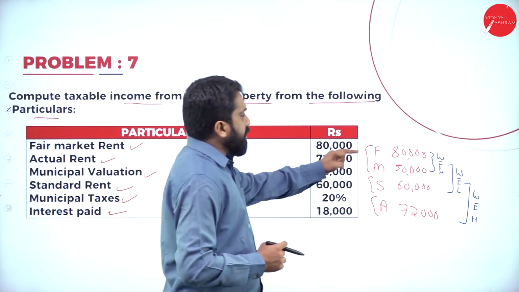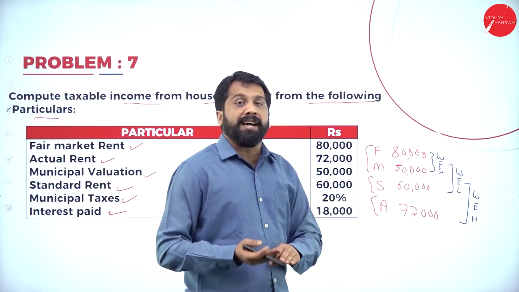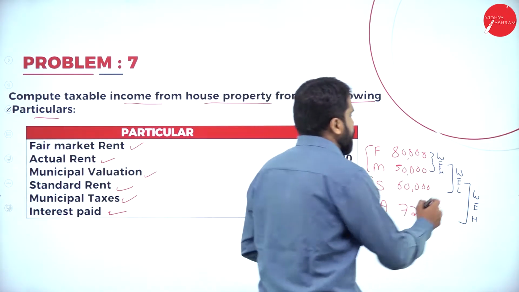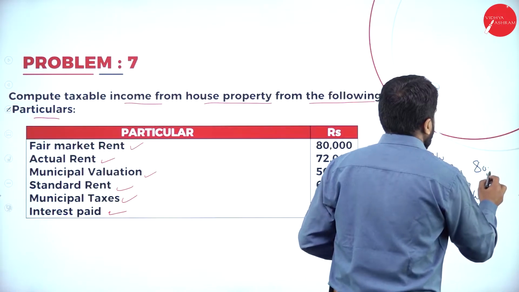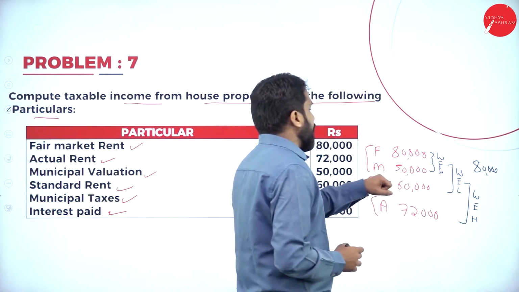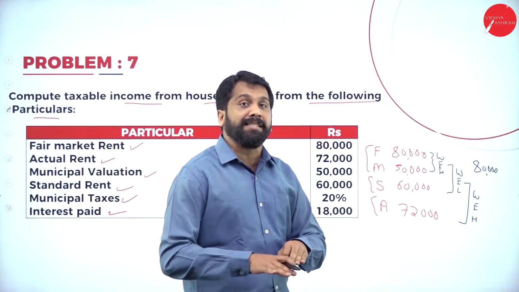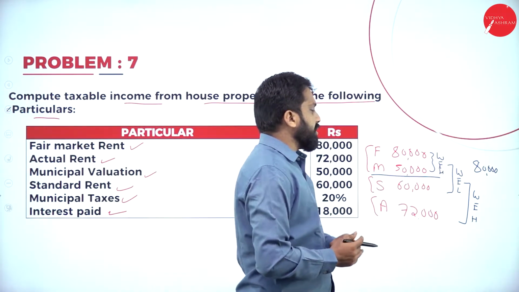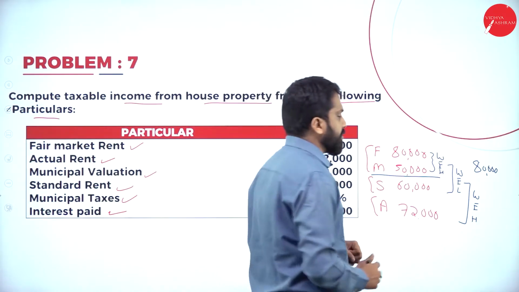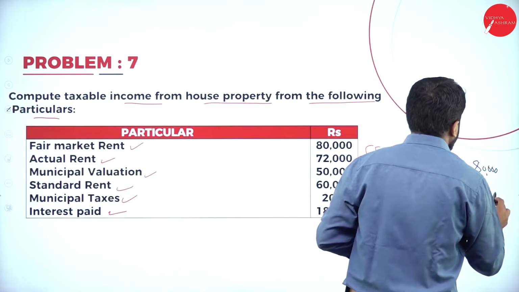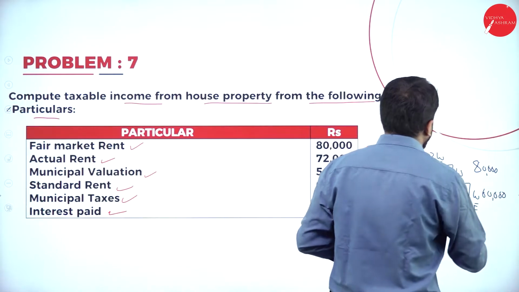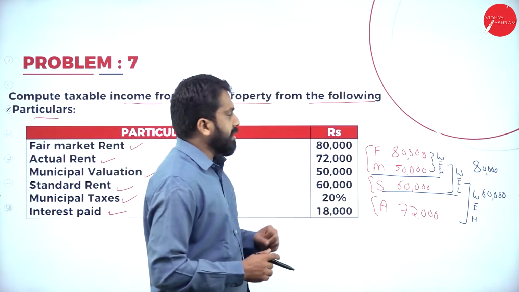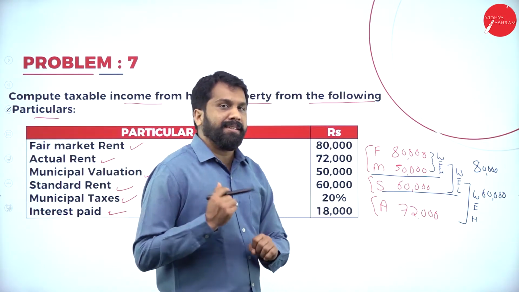Now, 80,000 or 50,000, which is high? In this, 80,000. 80,000 or 60,000, which is less? 60,000 is less. We have done up to this. 60,000 or 72,000, whichever is high, answer is